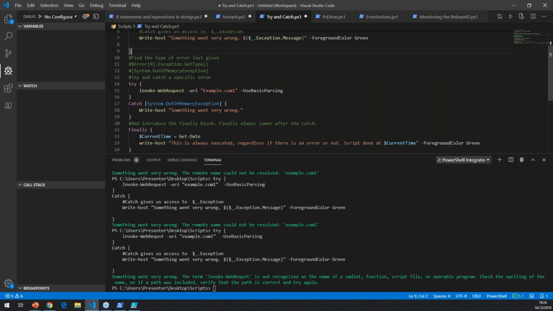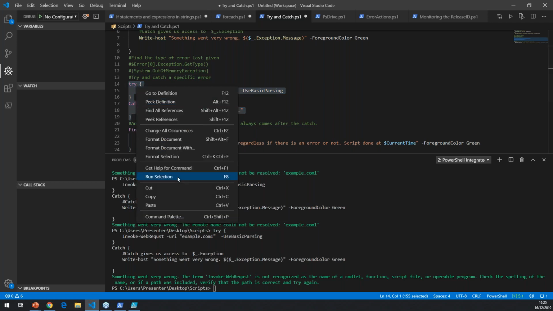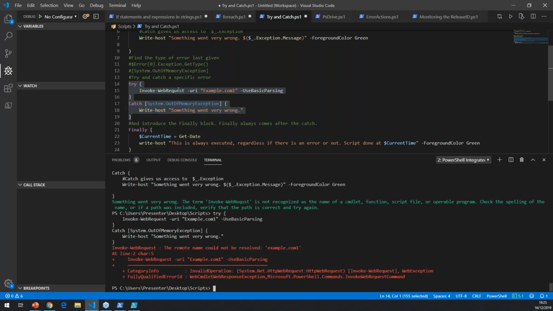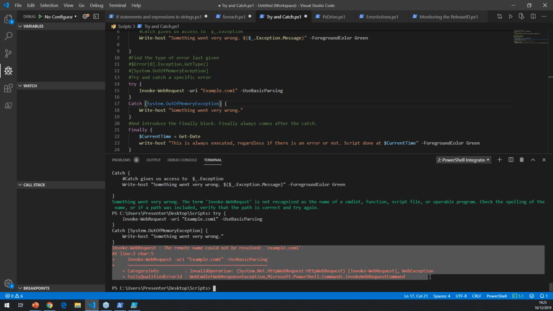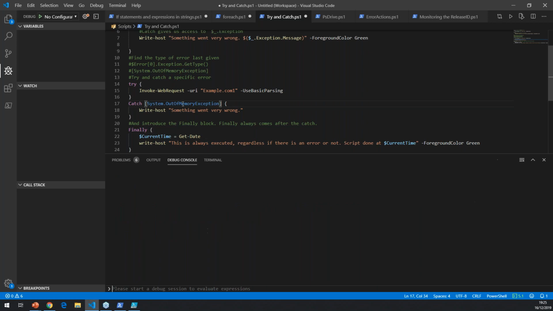So for this we have the catch with a small specification. For example, if I would run this piece of code where I'm saying Invoke-WebRequest to example1.com, but only catch System.OutOfMemoryException exceptions, that means that if you execute this code, you will get this red error as long as it's not the specific error code in there. So if I change this to, for example,